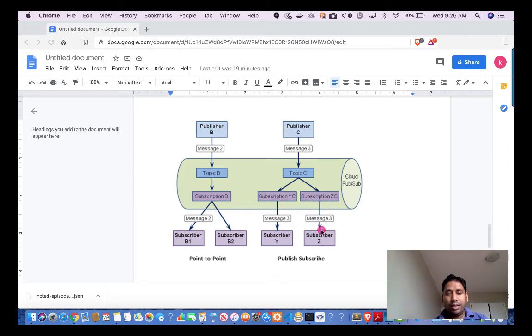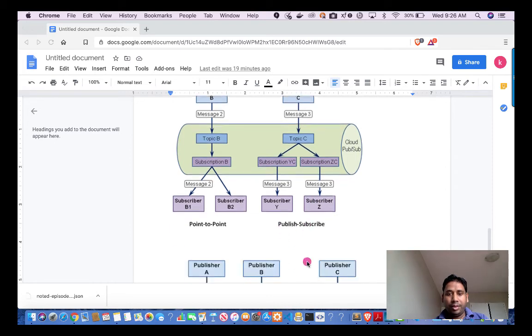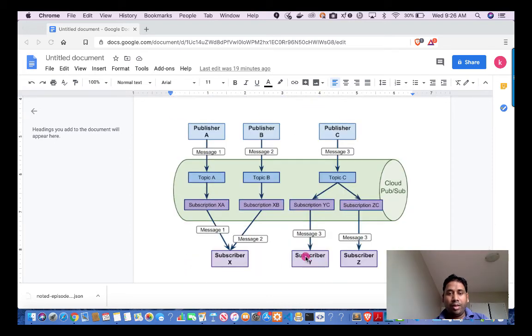And there is another pattern, where a subscriber is not bound to subscribe to only one subscription. You can subscribe to multiple subscriptions as well. So this diagram is showing that.